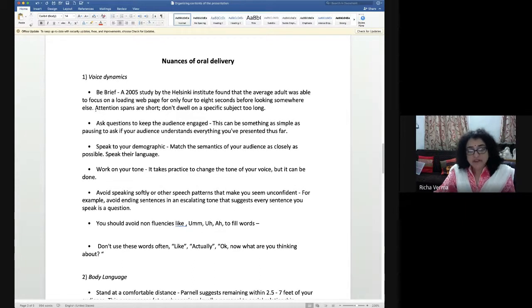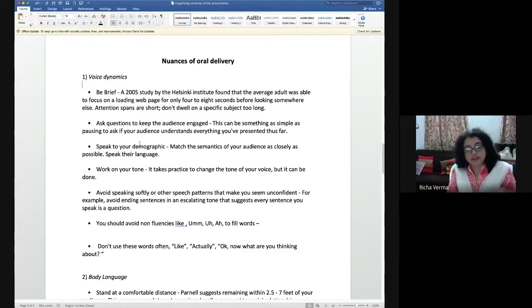Why do you have to be brief? Because the audience's attention spans are short. This is why you have to be brief, because the audience has very little attention span. That is why it is generally told to speak less, and try to explain the information in fewer words. More information should be given in fewer words.